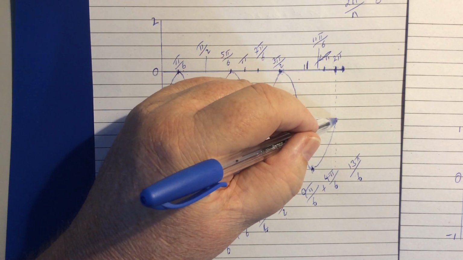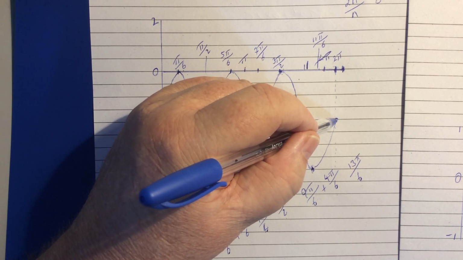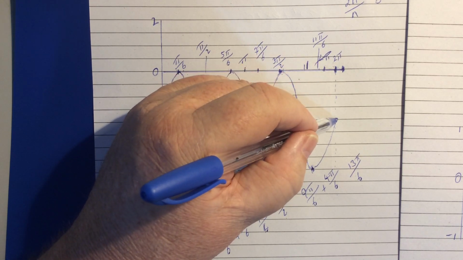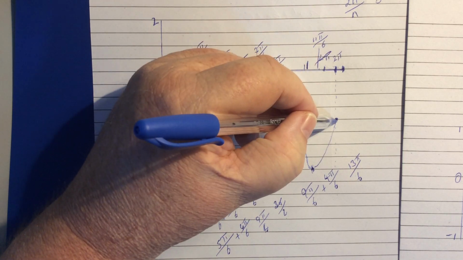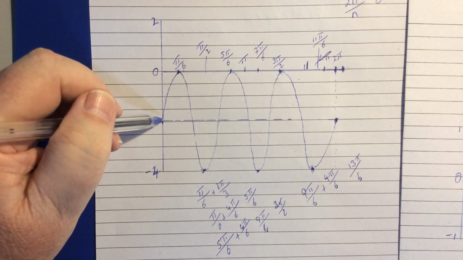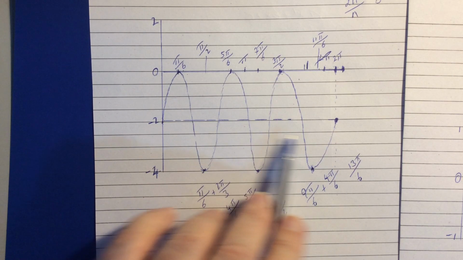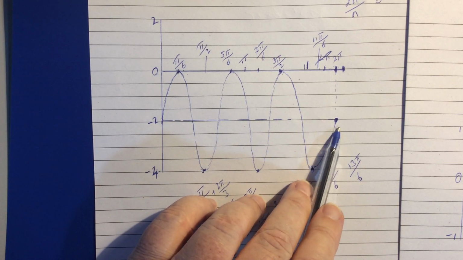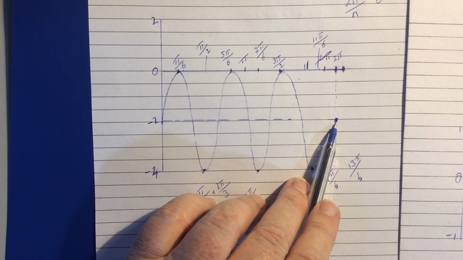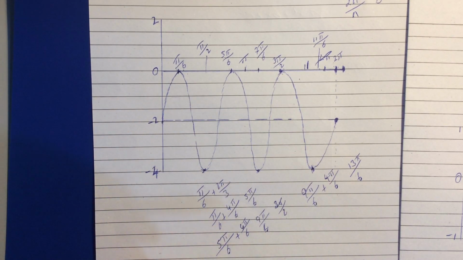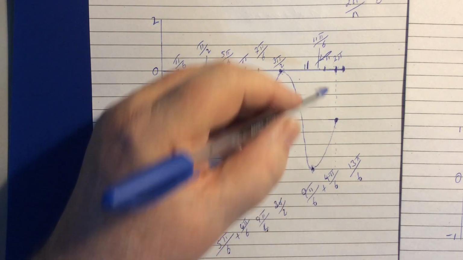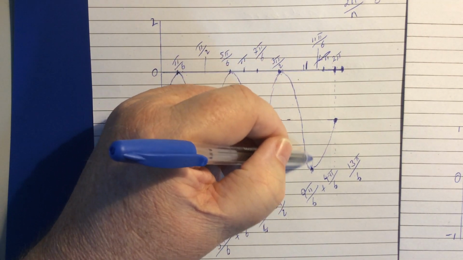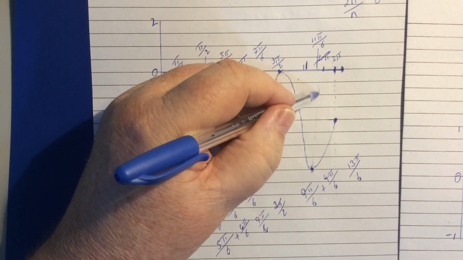So this point here is where we will finish at 2 pi. So at 2 pi, the value of this function is -2, and it is -2 because we're halfway through